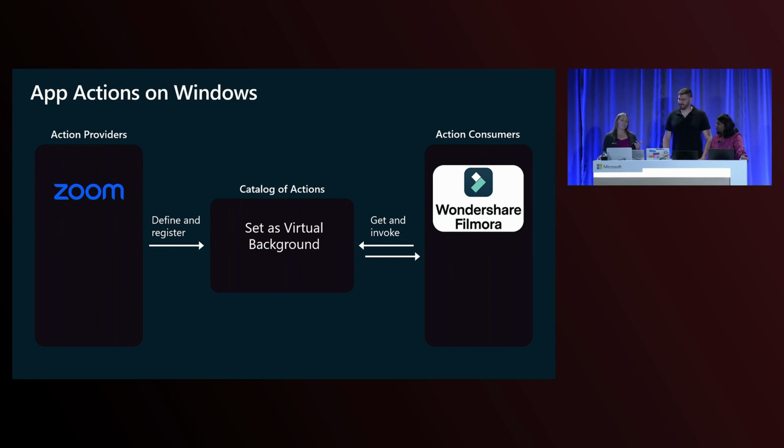The key takeaway here is not about any particular feature in any particular app. Although they are very cool, it's really about the platform that enables them. So we're releasing these platform APIs to do these cross-app integrations in an efficient, streamlined kind of way. Notably, there was no special integration required on the part of Zoom or Filmora. Zoom simply provided the action and made it available for apps like Filmora or other apps. For example, possibly Raycast.